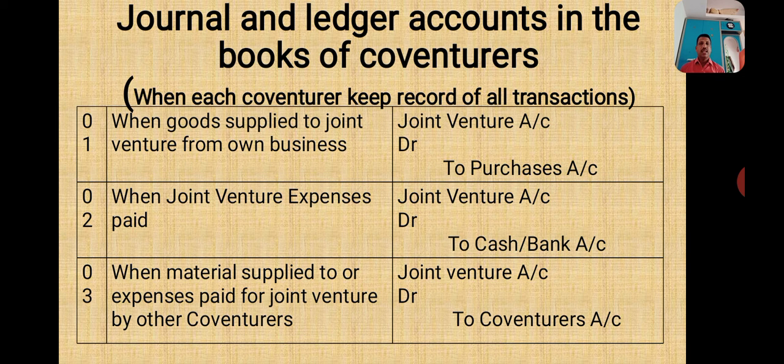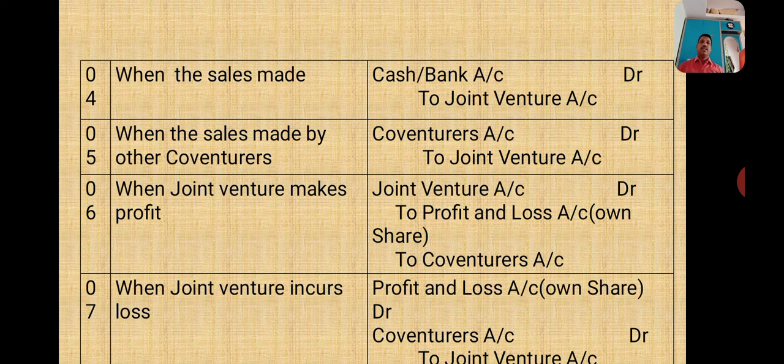Because it's also expenses of the joint venture. Material supplied to the joint venture, and also the expenses paid by the other co-venturers: joint venture account debtor to co-ventures account. Here the co-ventures account is credited because they paid the joint venture expenses, or they supplied the materials